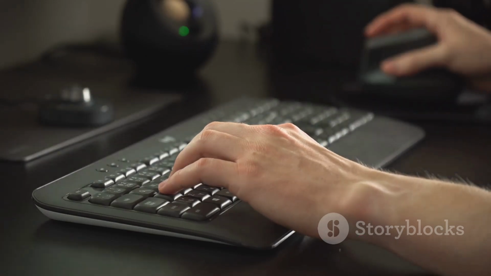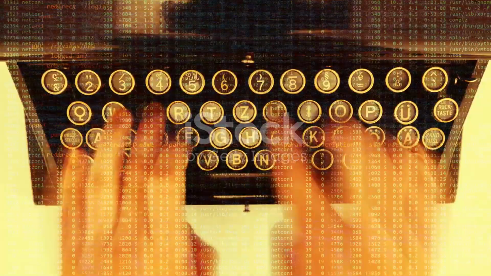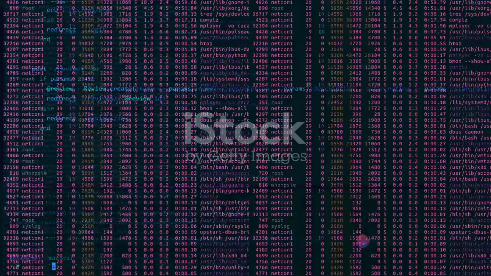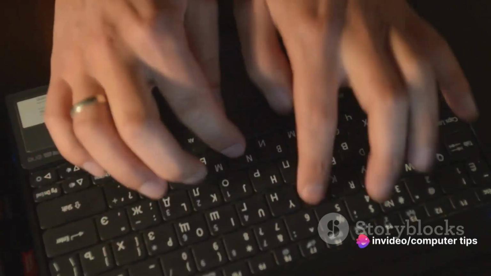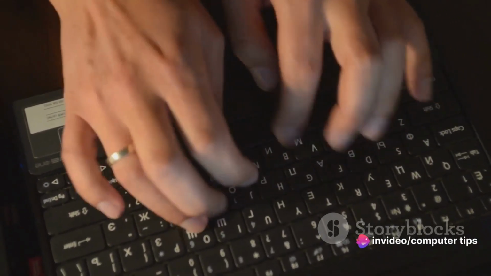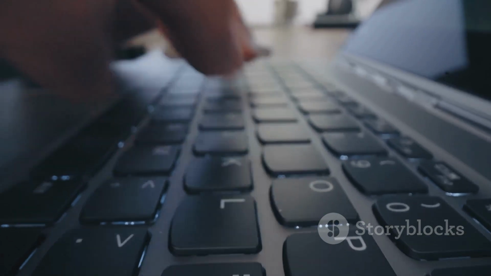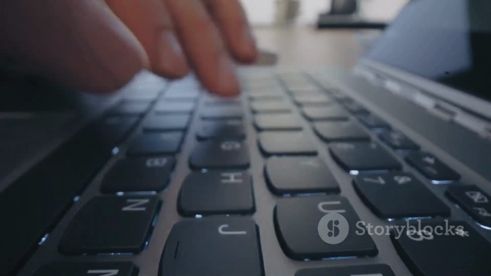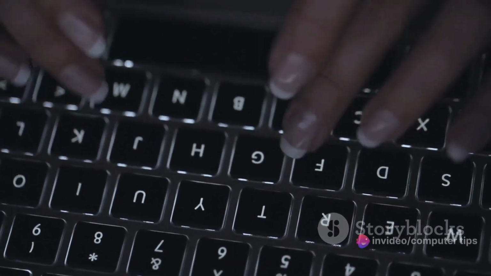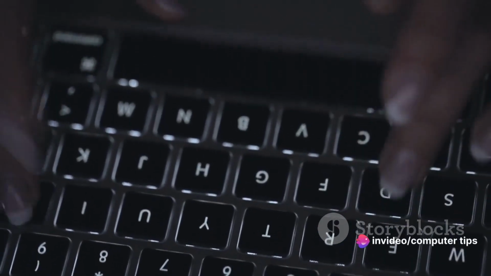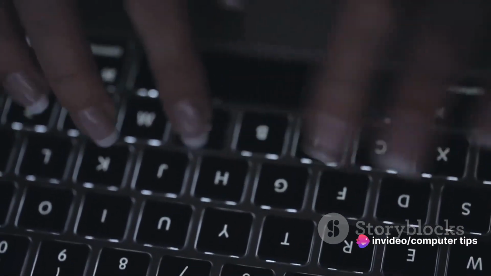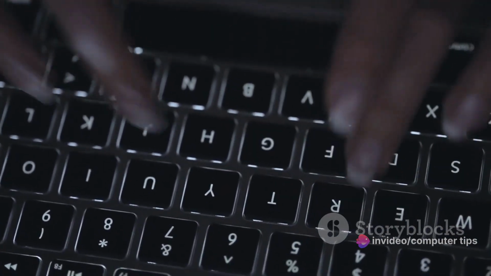To shut down your computer using the command line, you'll need to type in a specific command. The command for shutting down your computer varies slightly depending on your operating system. If you're using a Windows system, the command you'll need is shutdown. But before you rush off to try it, there's a bit more to it. You see, shutdown on its own won't do much. It needs parameters, which are like instructions that tell the command what to do. To shut down your computer right away, you type